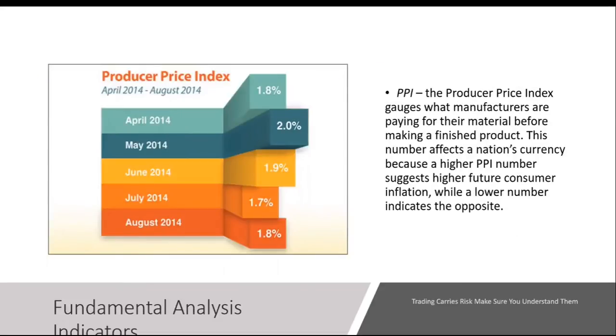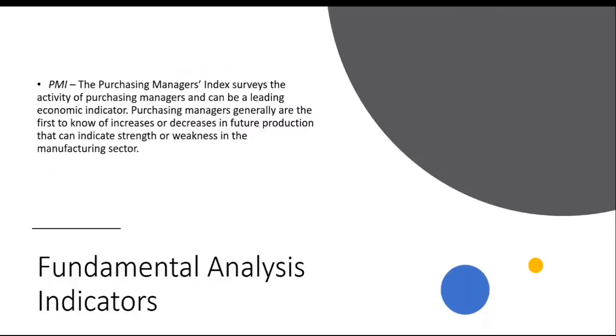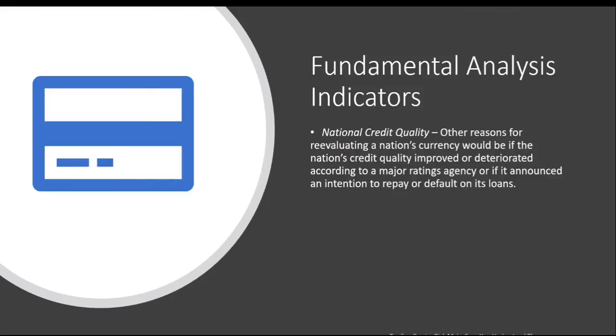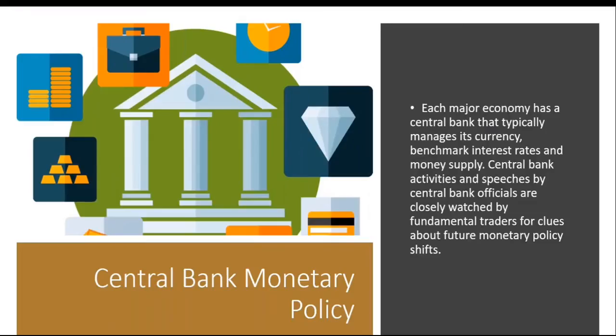Then we have producers price index. PPI helps us foresee how inflation is affecting the manufacturer, because if his goods are costing him more to manufacture something, he's eventually going to have to pass that price increase forward. And we have the purchasing managers index, we have the commodities price index. All of these are factors that affect the central bank monetary policy. So each major economy has a central bank that typically manages its currency, its benchmark interest rates, and money supply. Central bank activity and speeches by central bank officials are closely watched by fundamental traders for clues about future monetary